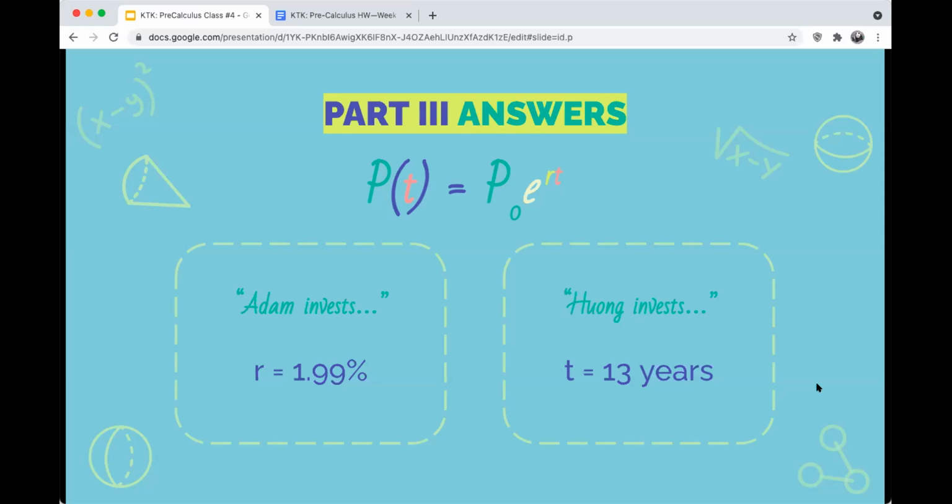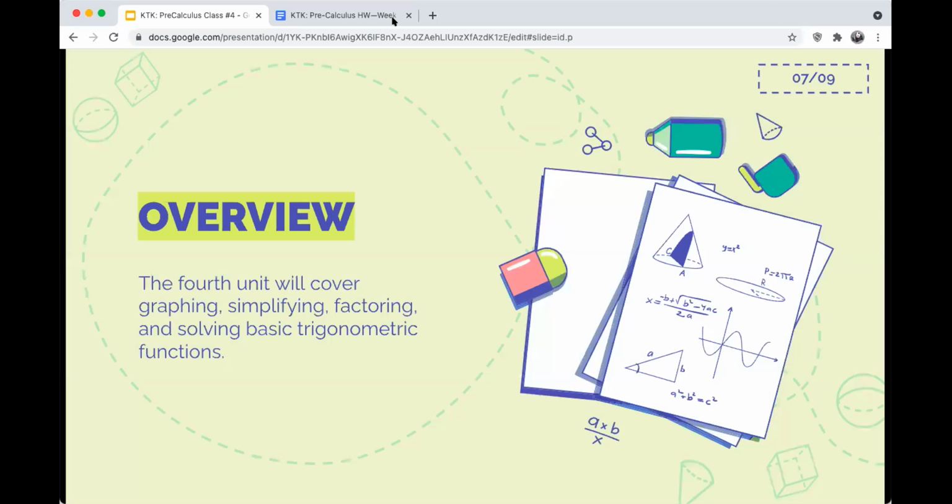All right, I don't see any questions, which means we can go ahead and get started on this week's lesson. So this 4th unit will cover graphing, simplifying, factoring, and solving basic trigonometric functions. And you're also going to learn the basics of trigonometry. Some of this will be a review from geometry. And I encourage you to pull on that geometry knowledge,